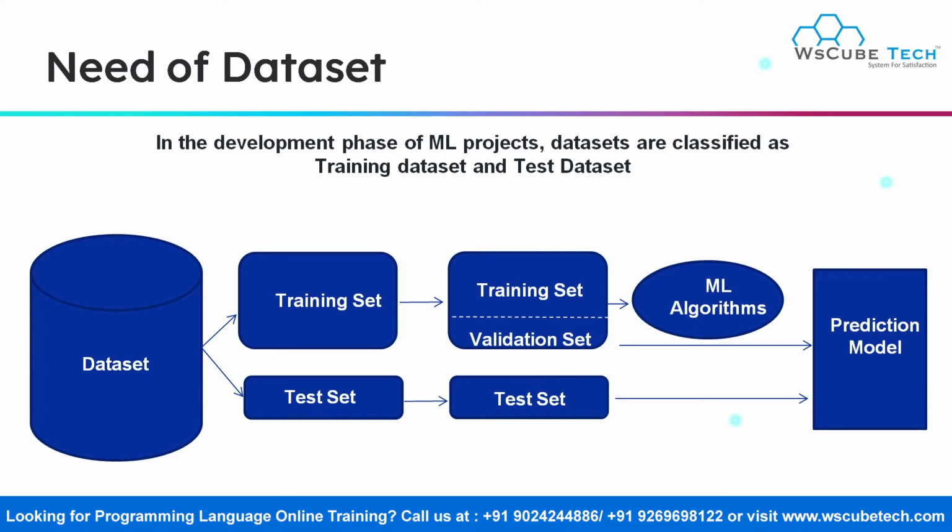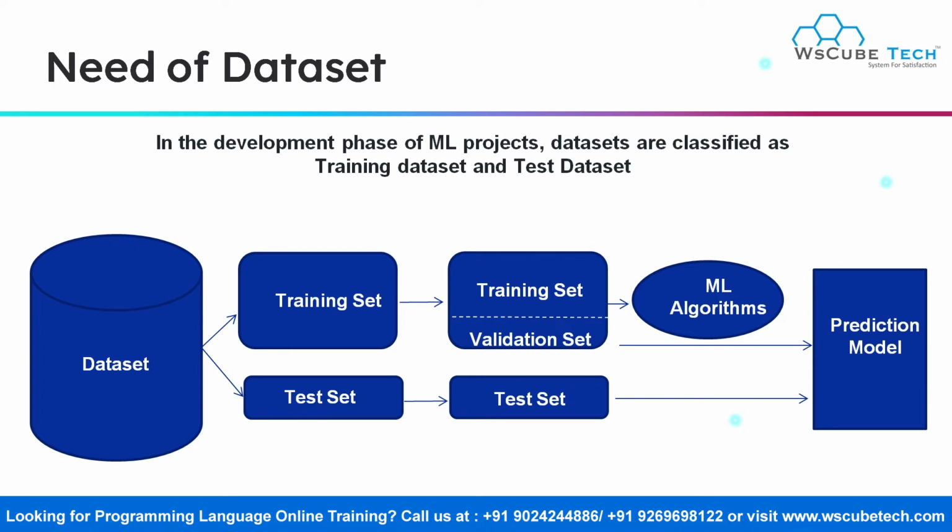Moreover, we also require data which is used by the machine learning algorithms in order to improve itself over time. And how does it improve? It improves with the help of this data. But the point to be remembered over here is that no doubt it improves over time with the help of data, but the quality of data also plays a very vital role in this process. So you need to provide your model with high quality data so that your model can work in a very efficient manner.